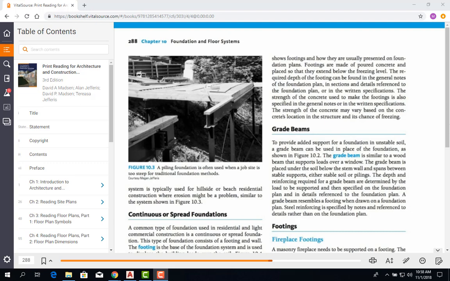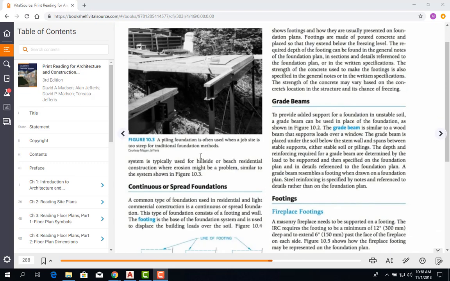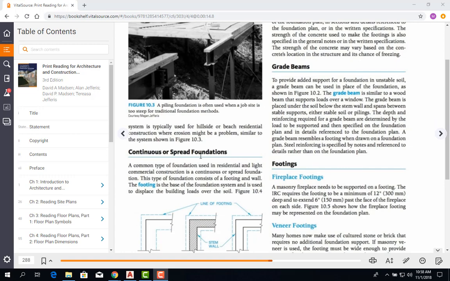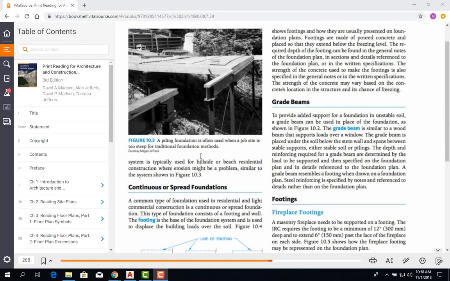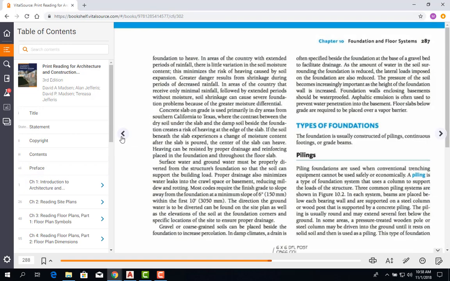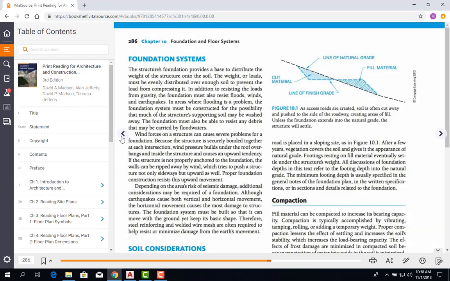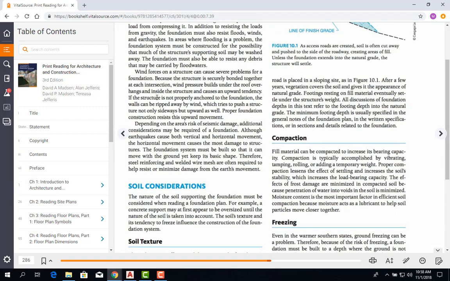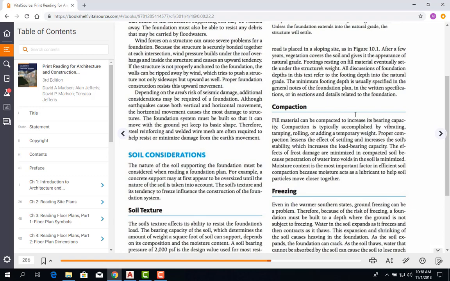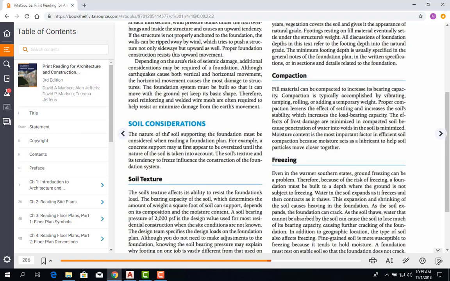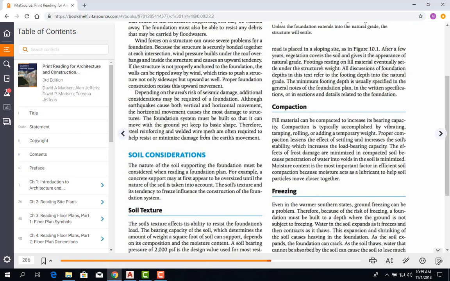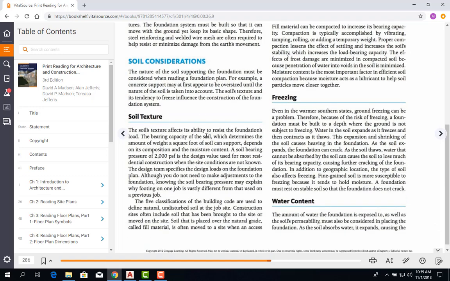And if we look here at the book, there's some stuff I want to touch on, and then I will have some images to show you. Foundation systems. Before we look at the actual foundation systems, I want to talk about soil considerations. You need to know, before you design a foundation or think of what type of foundation you might need for your building,